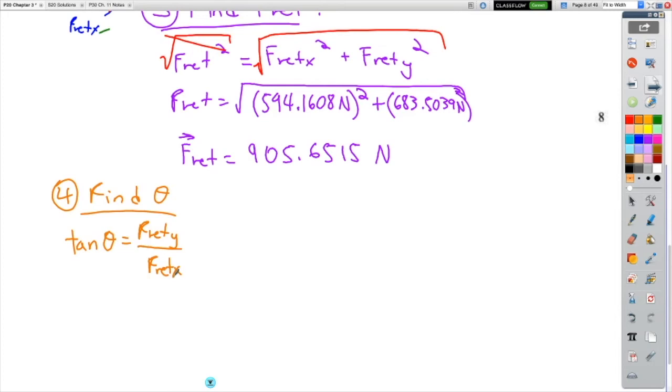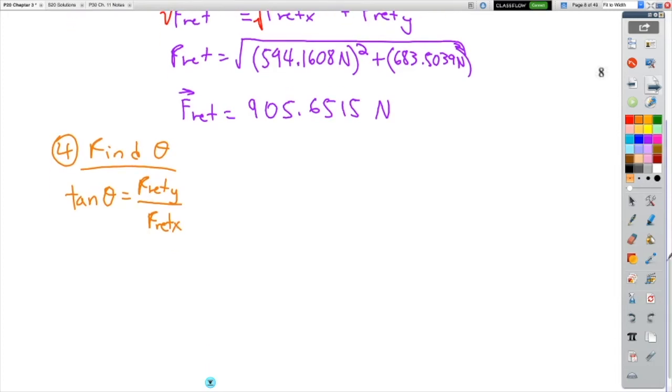Okay, so to get theta, I kind of have to do the opposite of whatever is happening to it right now. What's the opposite of having the tan taken of you? It's taking the inverse tan of you. Okay, so theta will be equal to the inverse tan of F net Y over F net X, opposite over adjacent,